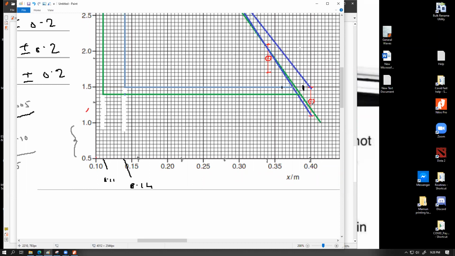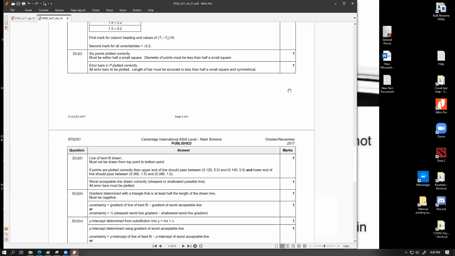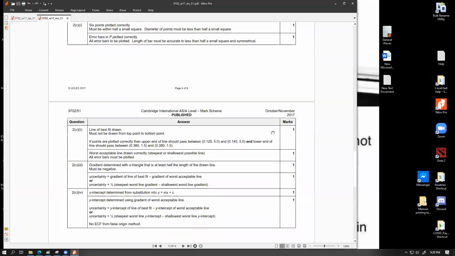যে হিসাব বললাম যে গ্রাফ যদি প্রপারলি প্লটেড হয়, তোমার এক্সামিনারের ড্রয়িং এবং তোমার ড্রয়িং এর ওয়ার্স্ট ফিট লাইনগুলো এক্স্যাক্টলি সেম হবে। শুধু একটা জাজমেন্টের ডিফারেন্স থাকতে পারে বেস ফিট লাইনের জন্য। বেস ফিট লাইনের জন্য কতটুকু রেঞ্জ অ্যাকসেপ্টেবল, এই হচ্ছে সেই রেঞ্জটা, যে এই রেঞ্জের মধ্যে দিয়ে পাস করতে হবে। So it also did pass through within this range, so we are going to get the marks for the base fit line as well. So আমরা এই এক মার্কও পাই গেলাম।